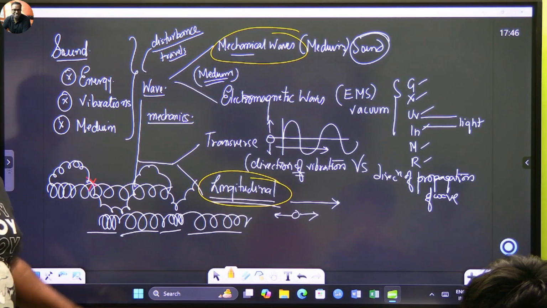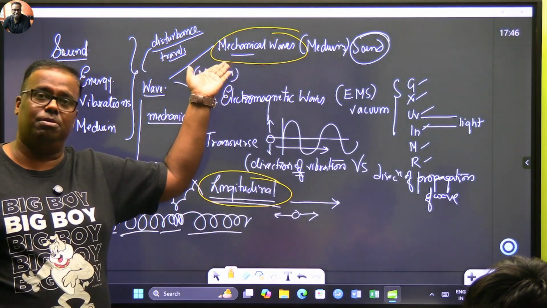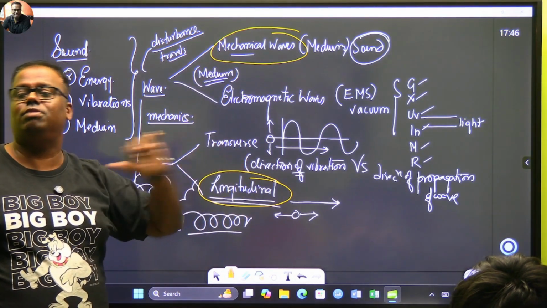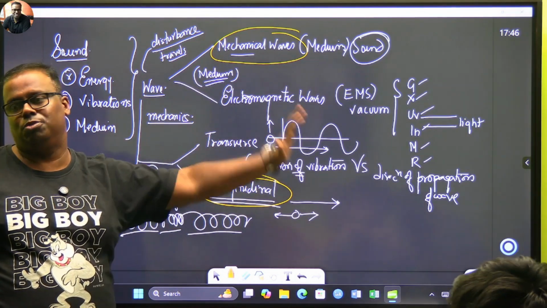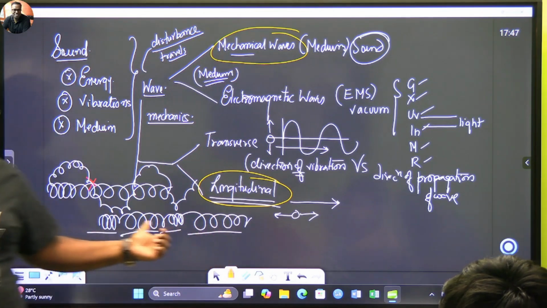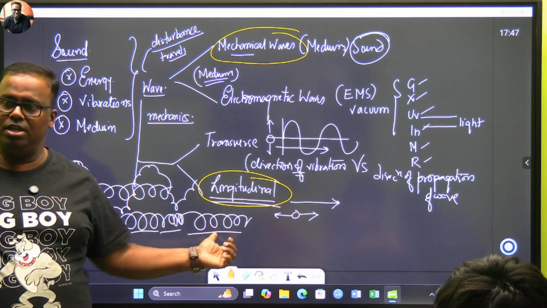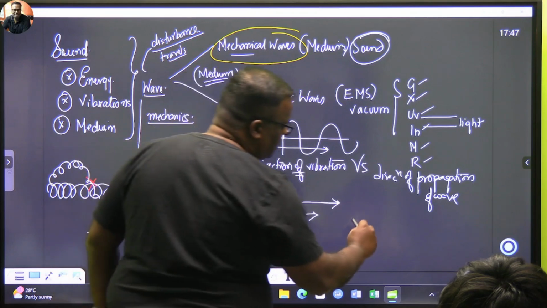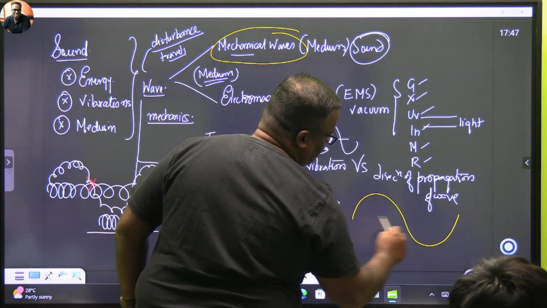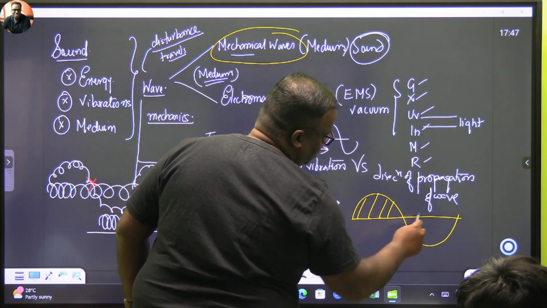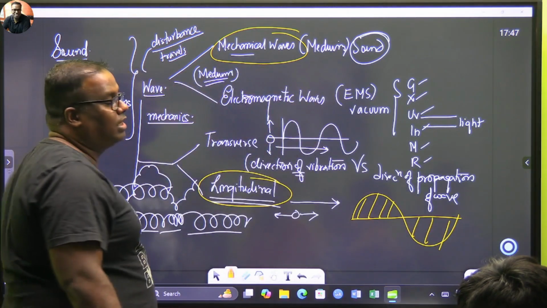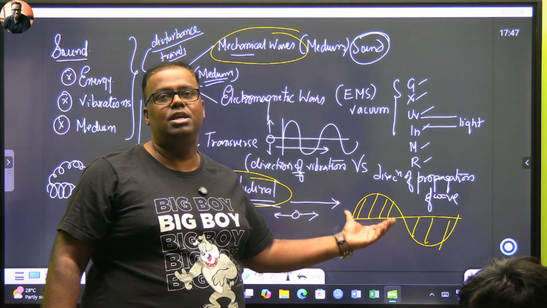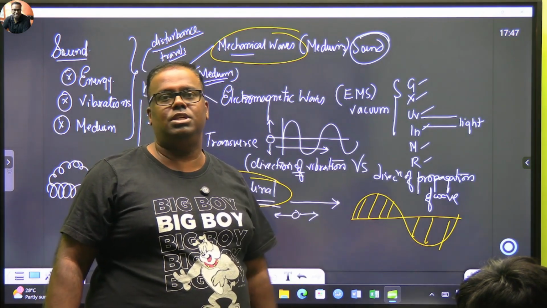यहाँ पे कोई doubt है तो पूछो. Sir, why mechanical wave? Because sound needs a medium. Sir, why longitudinal wave? Because in sound the particles vibrate along the same direction as the propagation of the wave. So sound waves will have compressions and rarefactions in them. ठीक है? And when you show the wave in terms of wave graphics, every zone can be represented as a crest and a trough. If your compressions are representing crests, then your rarefactions are representing troughs.